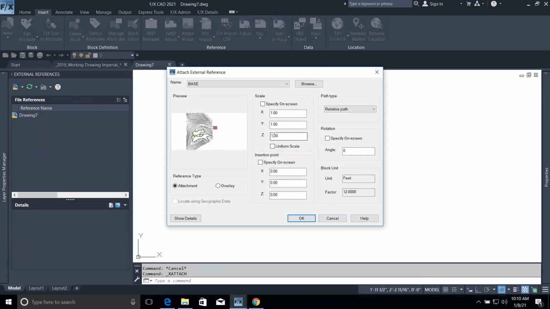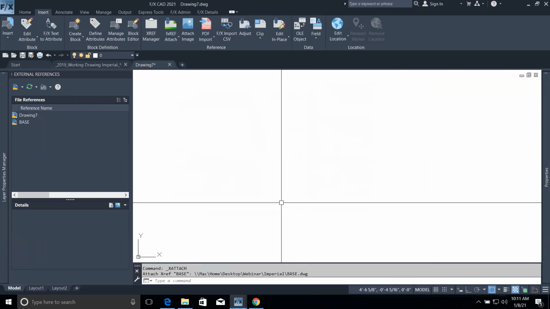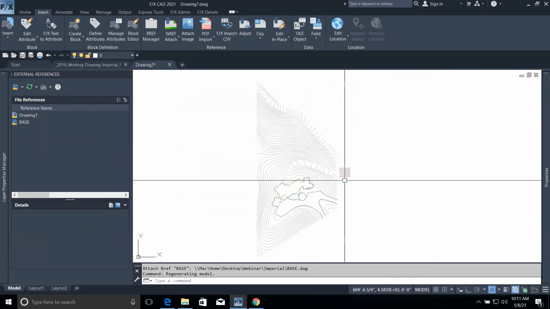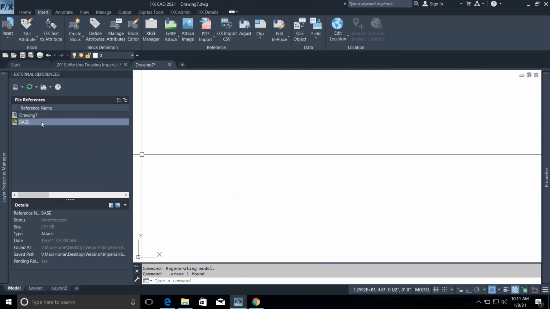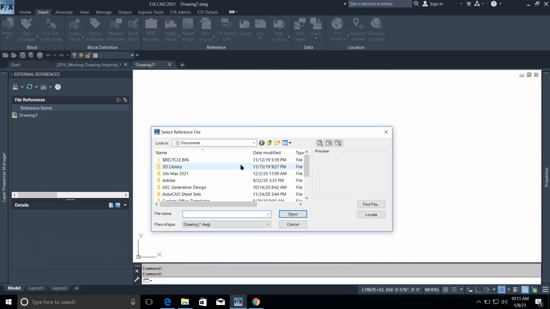And it's not super apparent, as much as it is, you'll see that my units are not the same. You can see here that, yeah, there's going to be a unit factor difference. And now I click OK and place it where we placed. But it wasn't super in my face that, you know, the units didn't match up. Whereas if I were to use the FXREF tool here, I can then navigate to that